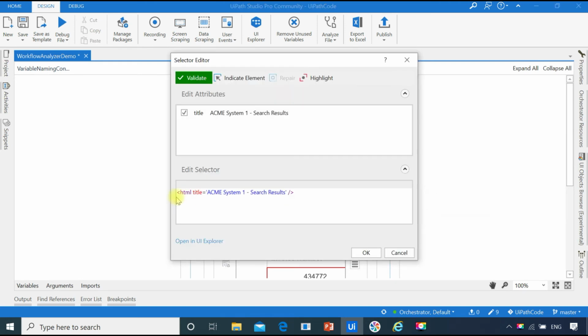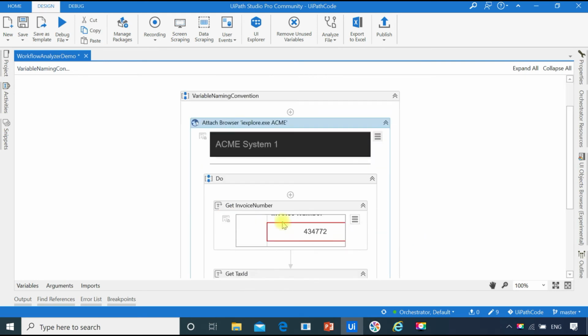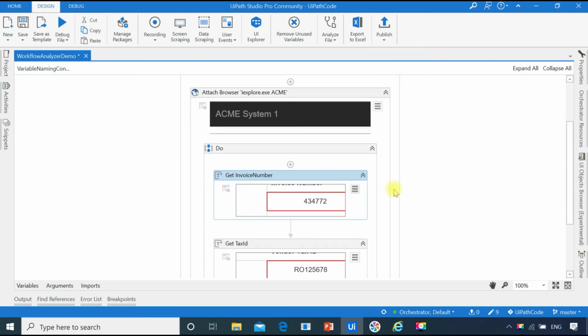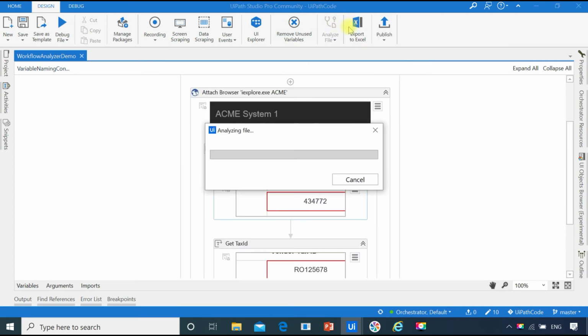You can see the top level selector. It remains the same for all the activities inside the container, so I have removed it from these activities. Now again we'll run this Analyze File tool.